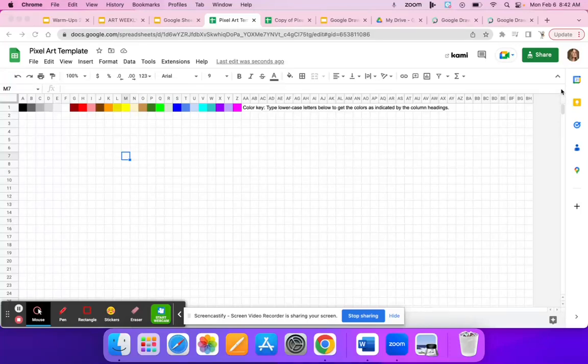All right, everyone, for this pixel art, you are going to use this Google Sheets template. Basically, how you use this is you can click in any of these boxes, and then to change it to a color, you just need to type the letter above the color that you want. So for example, if I wanted this box to be red, I would type an H. I'm going to type H, then click enter or return on my keyboard,